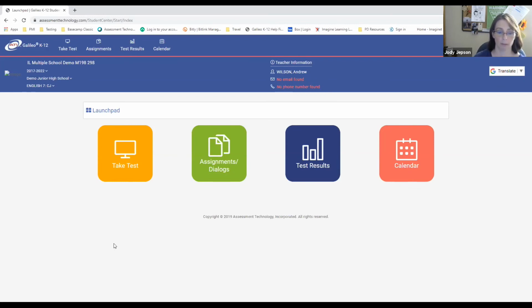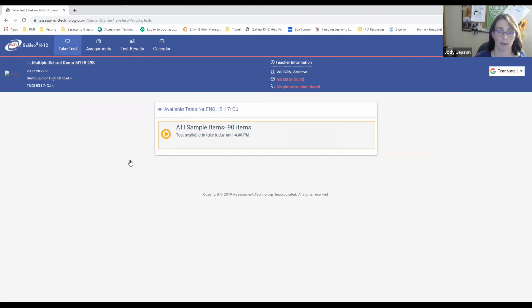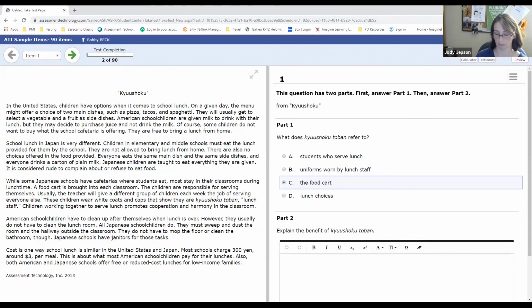If what I'm doing right now as a student is taking a test, I simply click on the Take Test tile. I will see the test that has been scheduled. And I've put together a sample test. This particular sample test has lots of different subject areas and grade level items represented. Before I jump in and spotlight some of those items, I just want to point out a few